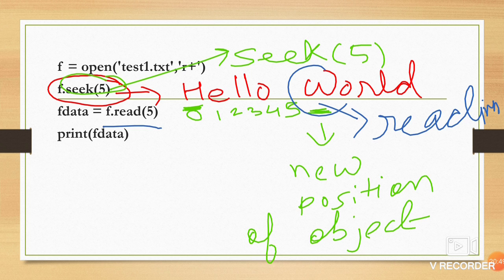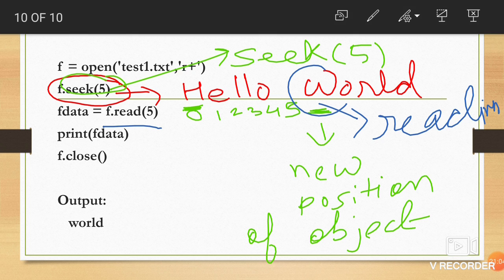So it will print world. Then f.close, because f is the name of the file object. Now we will see the output of this file. It will print world here.